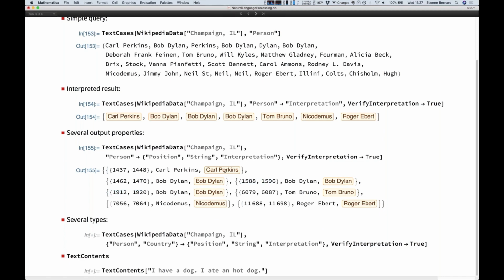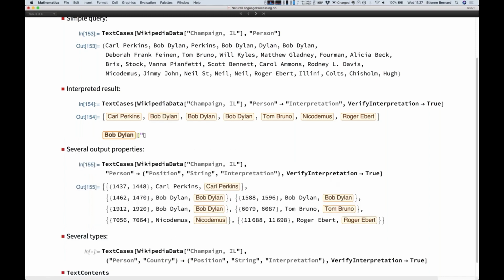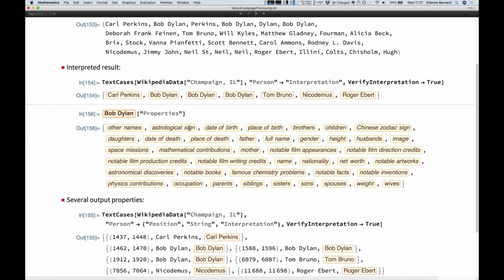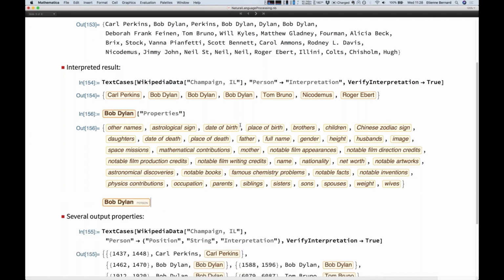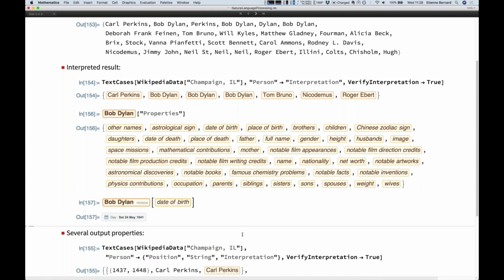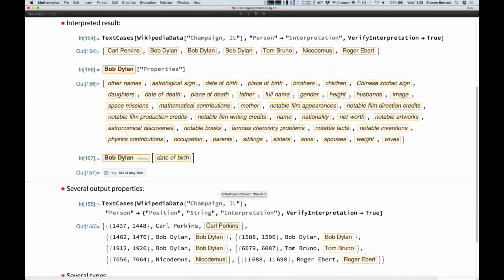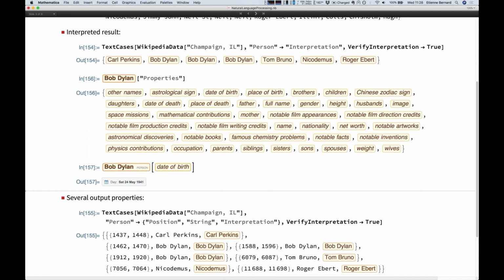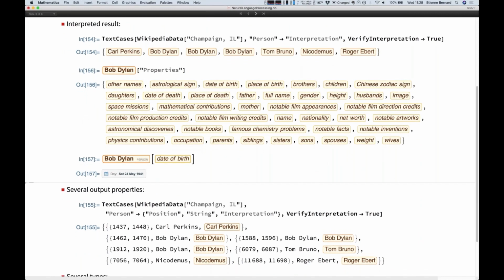And by the way, of course, these entities are useful because then you can compute things out of them. So you can ask the properties. This is classic Wolfram Language stuff that is kind of inherited from Wolfram Alpha. So you can ask, for example, the date of birth of this person. You can ask, I don't know, their occupation. I could grab all the occupations and then do a pie chart to see typically the occupation of people mentioned in the Wikipedia page, Champagne.